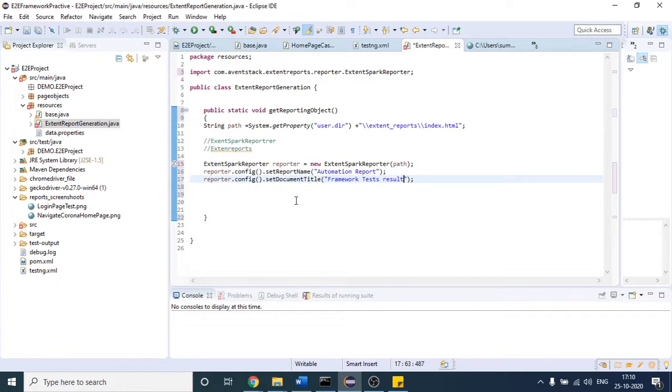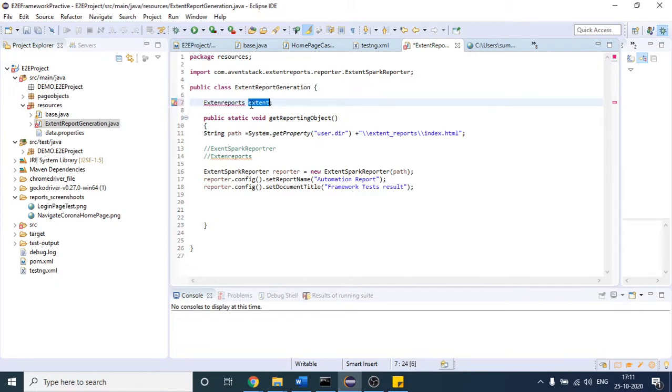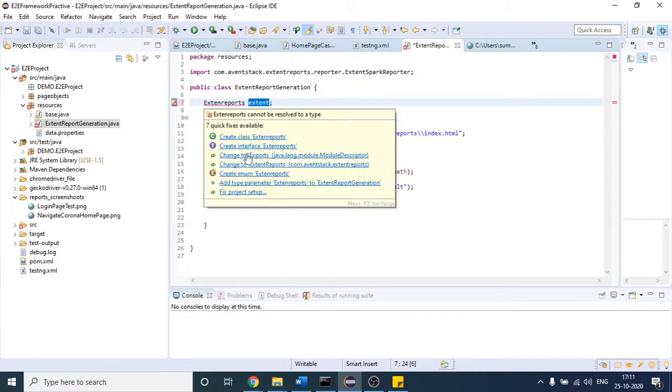But here it still does not have any test data, right? So we have to provide all the test case data, whether the test cases passed or not. To provide the test data, there is another class object which we will use. So let me create the object of that class outside, so that once we create the object of that class, I can return it.